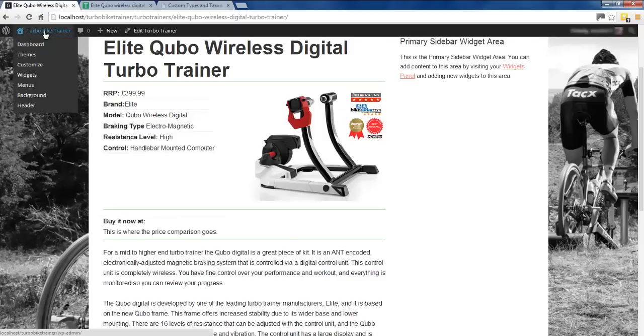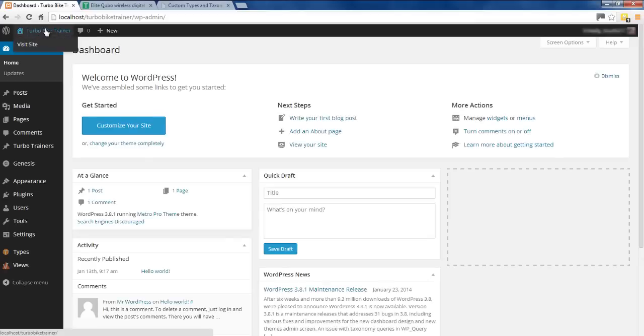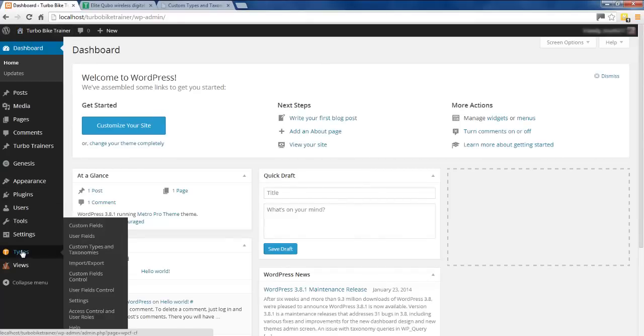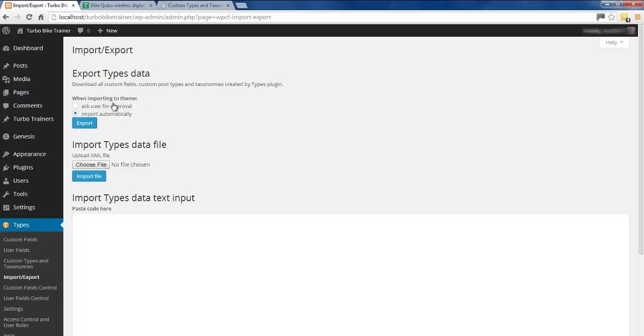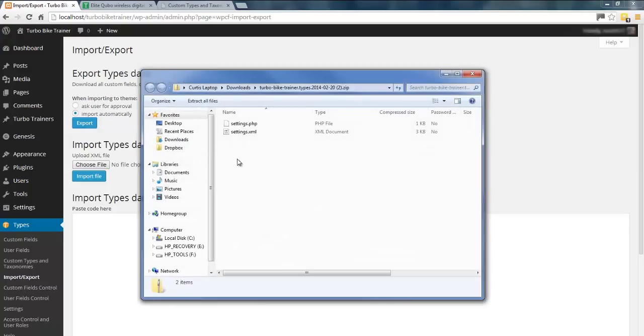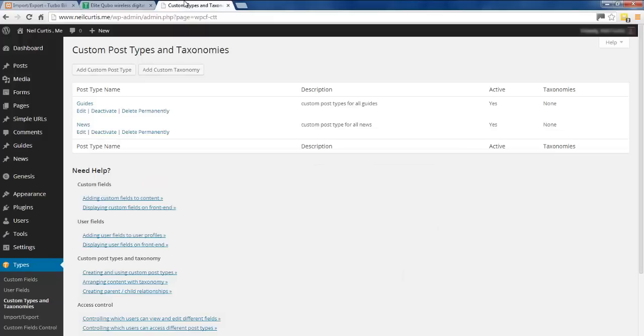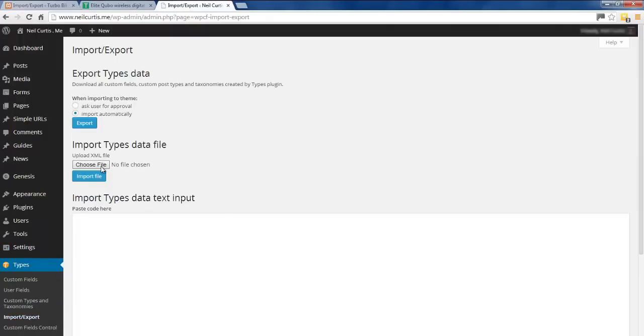So instead of setting it up from scratch with all the custom fields and things associated with it, I'm actually going to go into our case study turbo trainer website that we've been doing over the last few videos, and I'm going to export the custom fields and custom post types that we set up previously. So here we go, I've just exported that, and if I go into the neilcurtis.me Types and go to import and choose the file we just exported from Turbo Trainer,